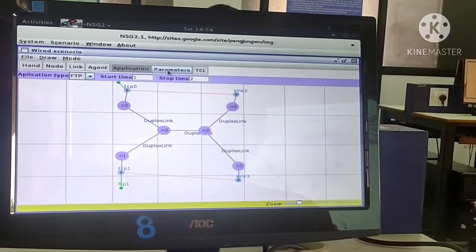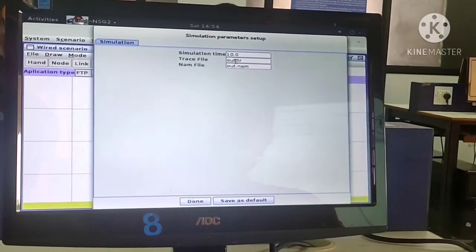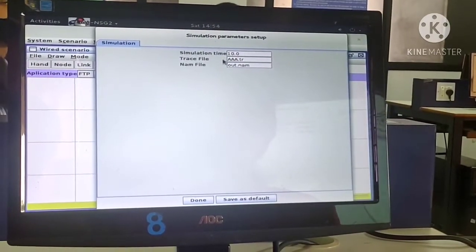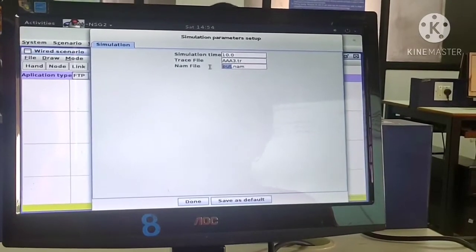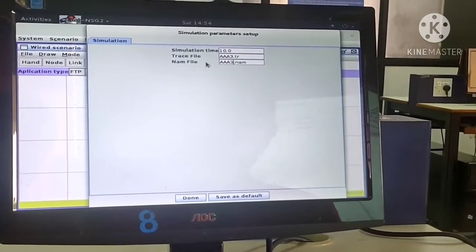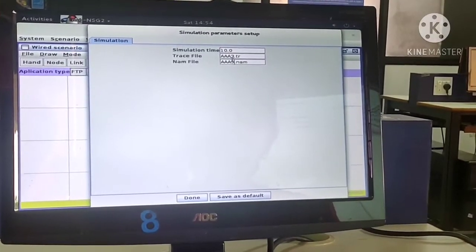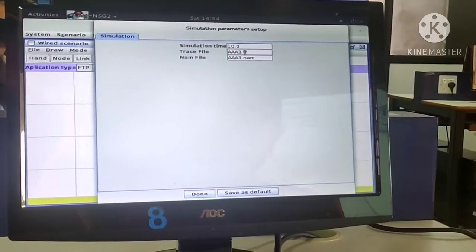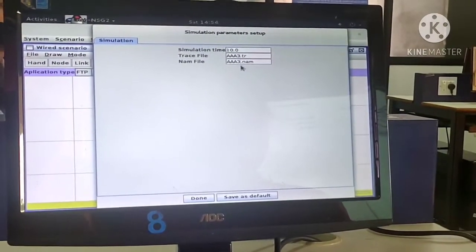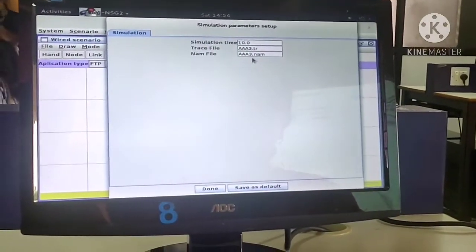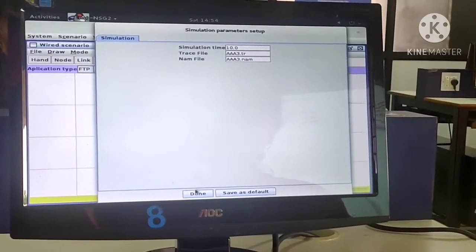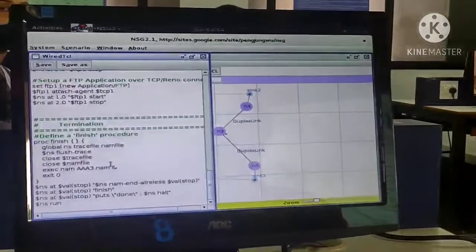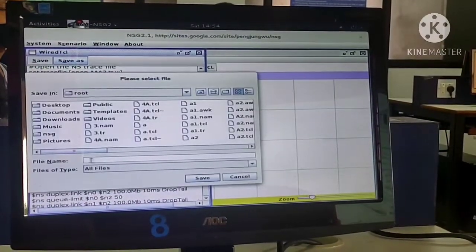Let's directly go to the parameter section. So we can just save this as 3. You can rename it, left to you. But remember, this trace file in third program we are not going to consider. Let this trace file be there, but apart from this trace file, two new other trace files also we are going to create, which we are going to analyze later. So I'll just save this. You can go to the TCL section. I'll just save this TCL script.